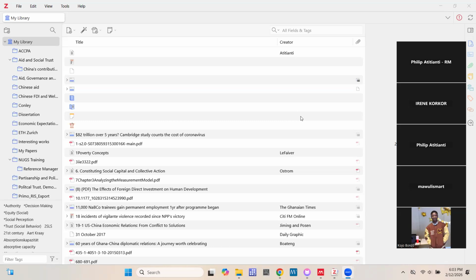Before we delve into today's focus, is there any question from our last session? Is there something that perhaps you tried out that didn't really work according to plan before? Today we'll spend a few minutes to finalize on Zotero, and then we'll go to Mendeley. So I just want to give a few minutes. If anyone has an issue from our class last week, you can bring it up. We address it before we proceed to today's focus.